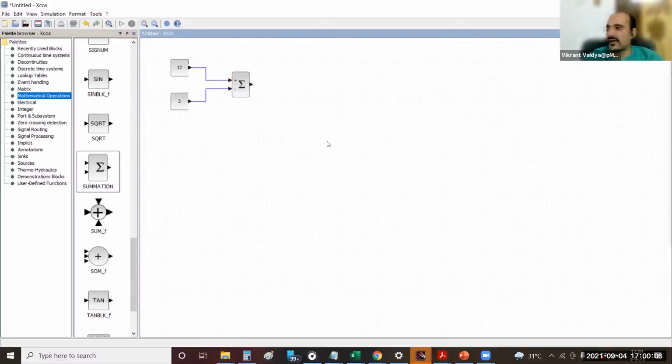And Soma has given a very good tip. To tidy this up, you can also try pressing O on your keyboard. So for example, if I connect this, Control Z works, undo, it works in Scilab also. That's a lifesaver often. So if I connect this directly here and I want to get it a little tidy, I can press O on my keyboard and it will make it tidy.